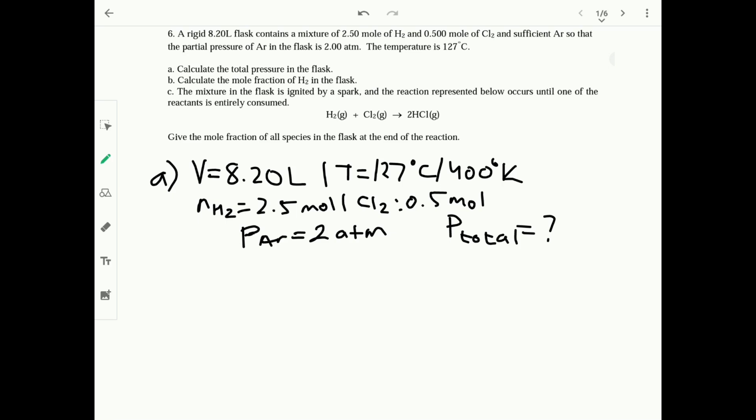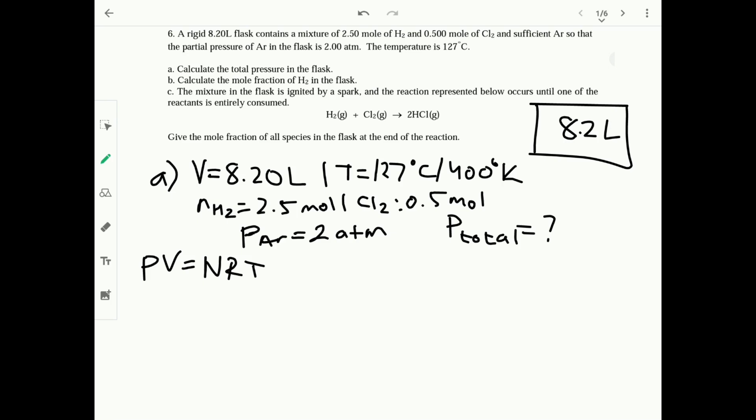Now, does anyone know what is the equation that relates number of moles, volume and temperature? PV equals nRT, right? And since we're looking for the pressure, it's nRT over V. Now, we don't know the volume for the hydrogen. When you have a container that's rigid, the volume of any gas is the volume of the entire container, because the gas is within the container, so the volume of each gas is 8.2